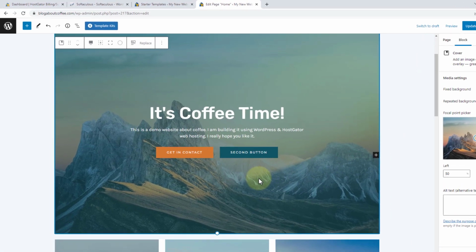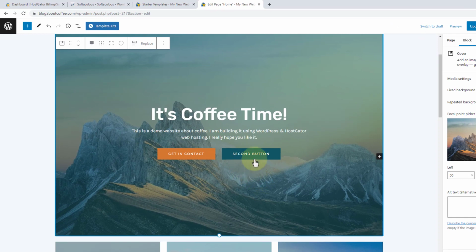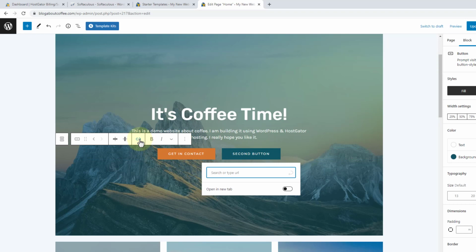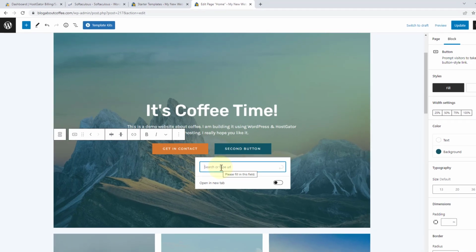Then to link our button, we just need to click on it in the editor, and then click this chain link icon in the menu above it. Then if we want to link to another page on our own site, we can just type the page name into this box like we did with the first one, and then click on the page to add the link. But say we wanted to link to another website instead of a page on our own site, we just need